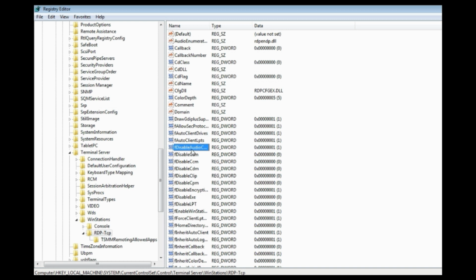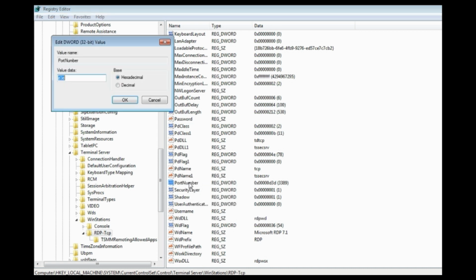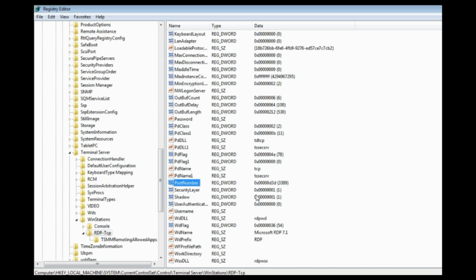Here you can search for the port number. Yes, now you can edit this. You can change the port number of your RDP on the local system.